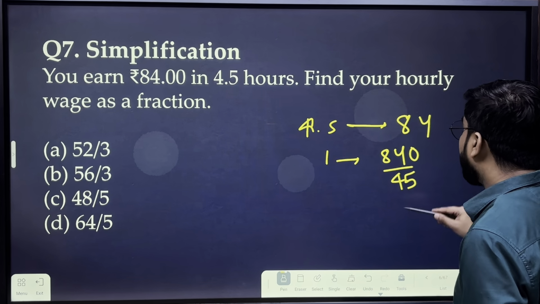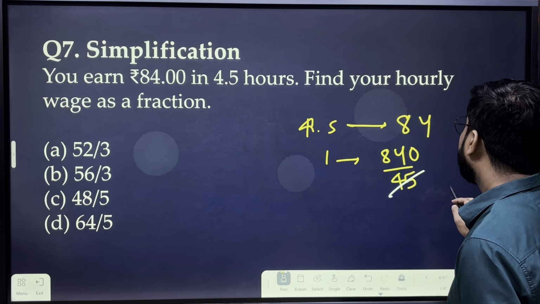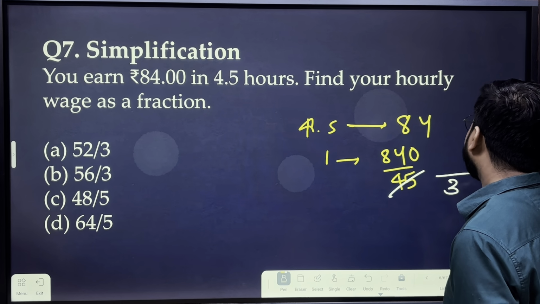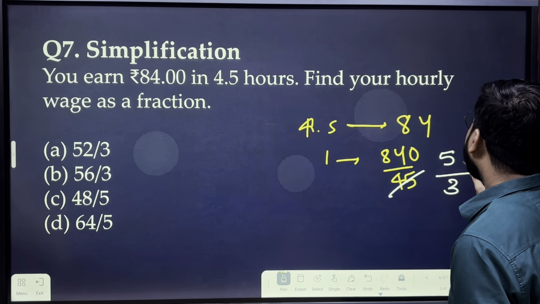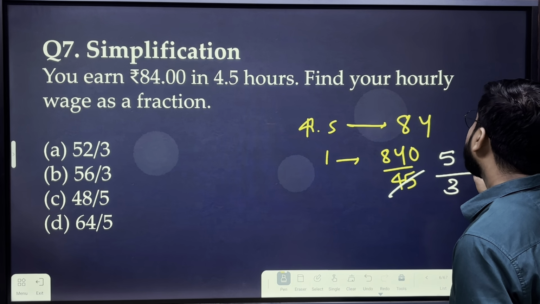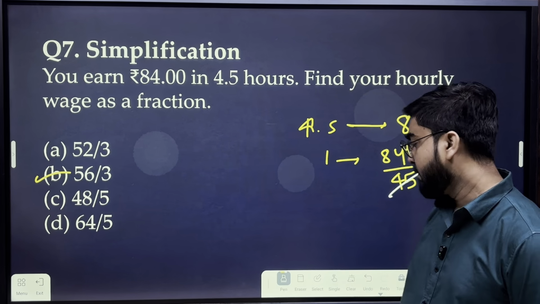How will you solve this? From 3, or you can solve this with 15. 15 times 3 is 45. 15 times 5 is 75, and then 90. So this becomes 6 times 56 upon 3, option number B. That becomes very easy. Next,